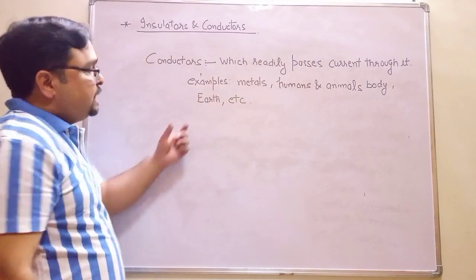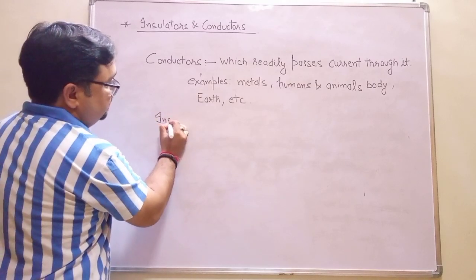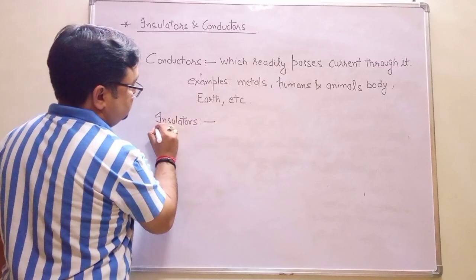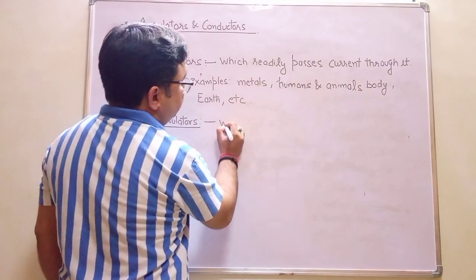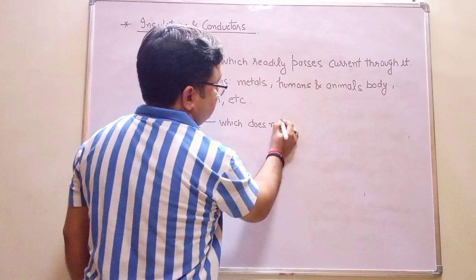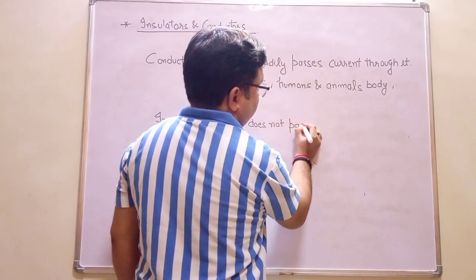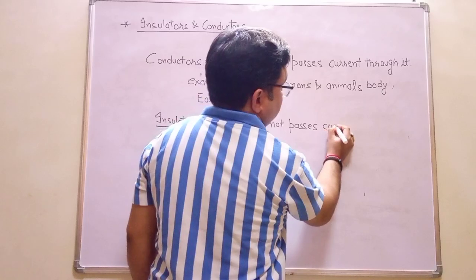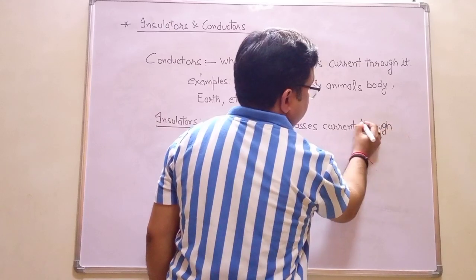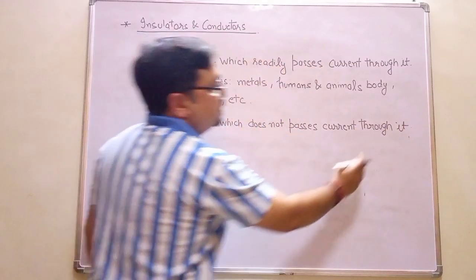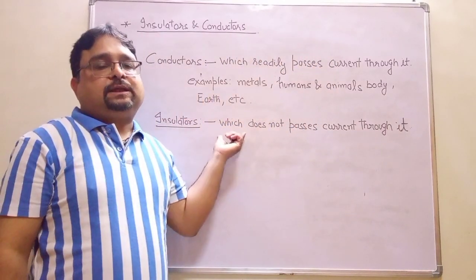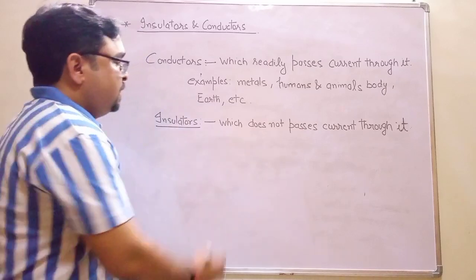On the other hand, insulators are bad conductors of electricity. So these are materials which do not pass current through them. There are many substances which do not allow current to pass through them. Example,